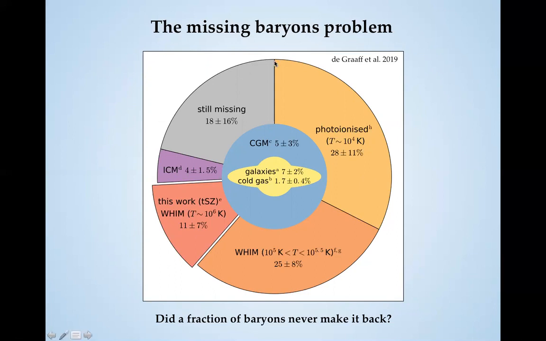So the missing baryons problem, I think a lot of people would say is resolved or on its way to being resolved. So we're not actually proposing a solution to this problem. We're just suggesting that there is an interesting connection here. There's this many years long observational astronomy enterprise of trying to pin down exactly where all the baryons are. We know what to expect based on CMB measurements, we know what the baryon density today should be, and then you can go and look for baryons in different states and different places, and try to account for all of it. So it's a kind of census in the present day that should match the early universe.